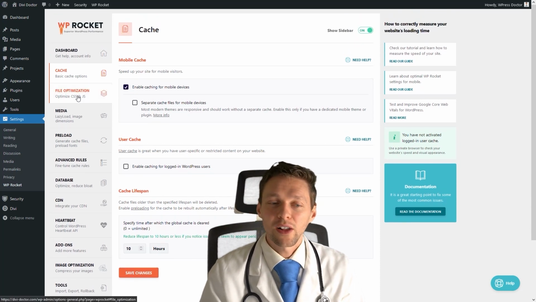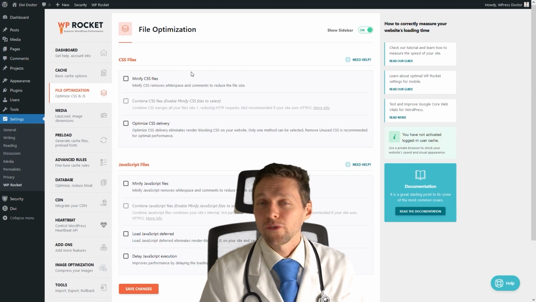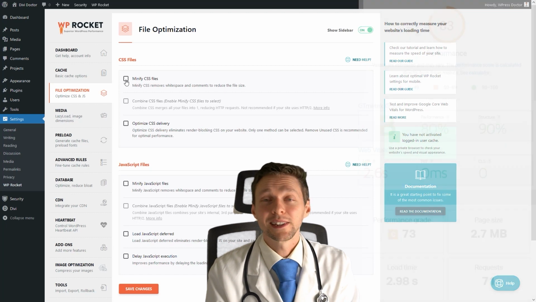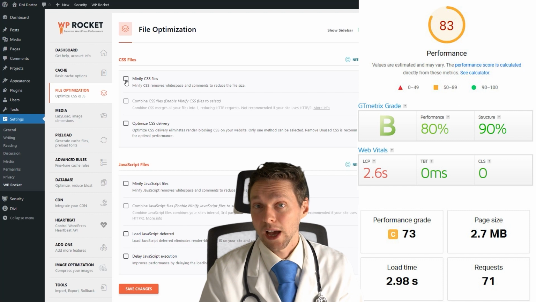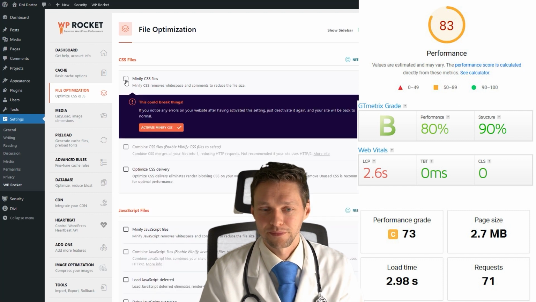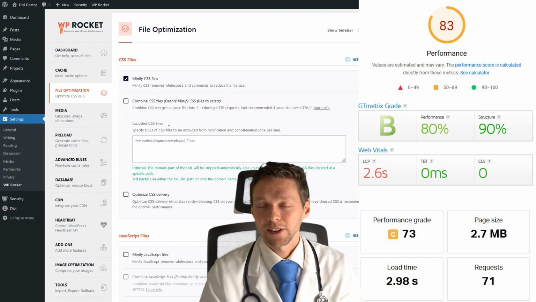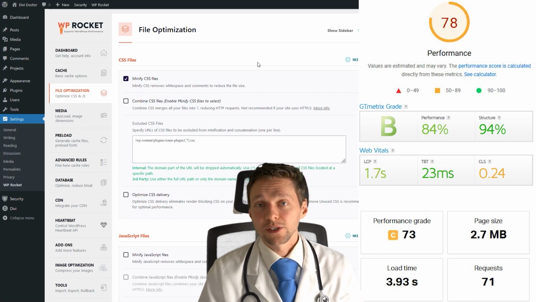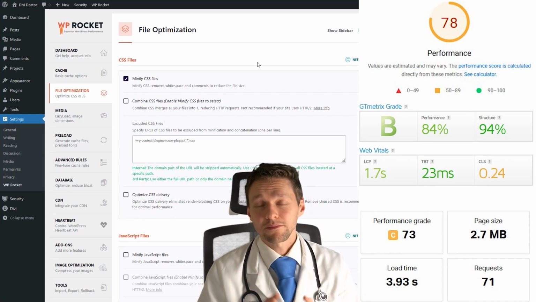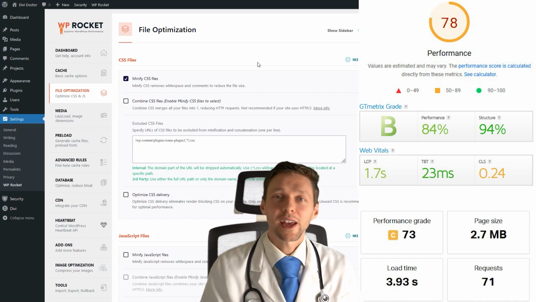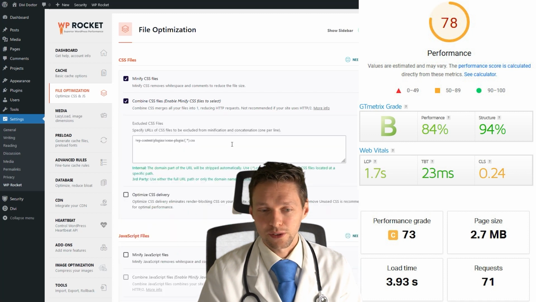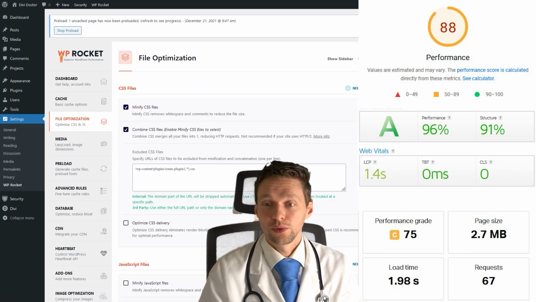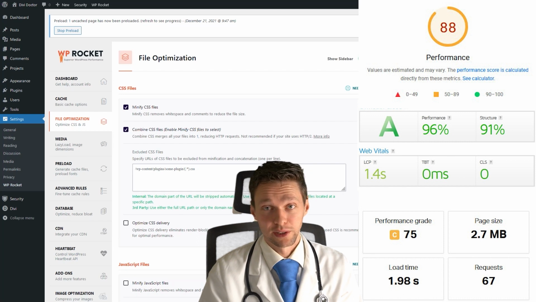All right, let's go to file optimization. Under file optimization, we're first going to minify CSS. If I push this button, you will see immediately the results of the tree tests on screen. So you see what's happening when I change it. This could break things. Activate minify CSS. Sometimes the scores may go even down, but just hang in there. We're going to activate everything and then we'll see how it looks from there. Combine CSS files, of course, activate it. Ooh, that had an impact on scores really well.